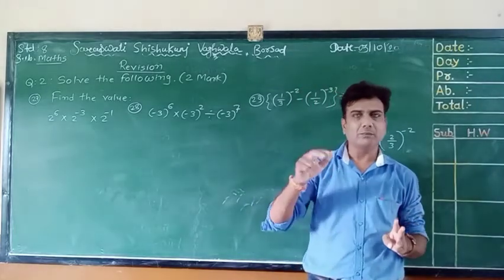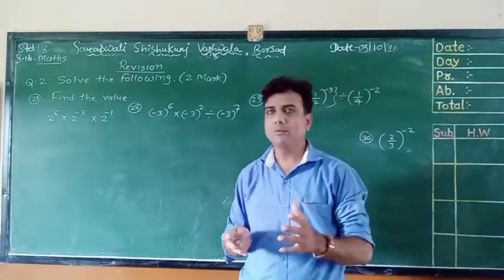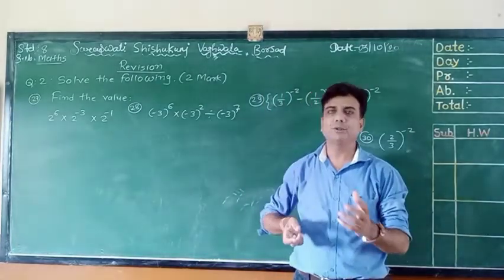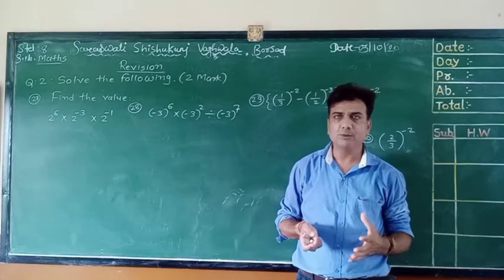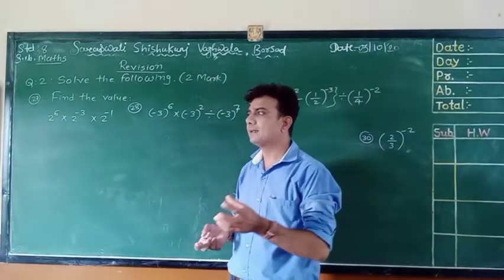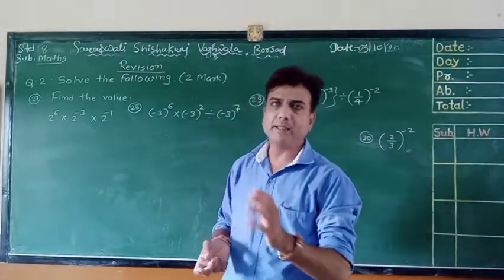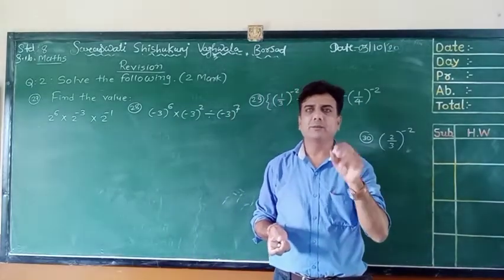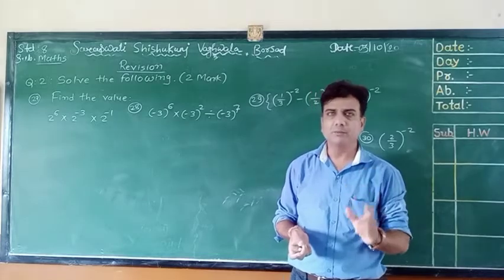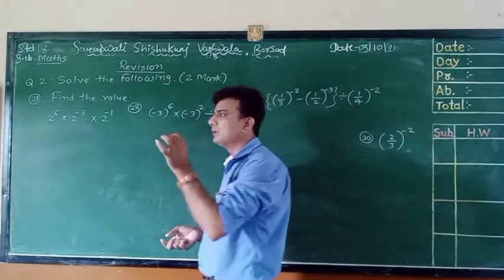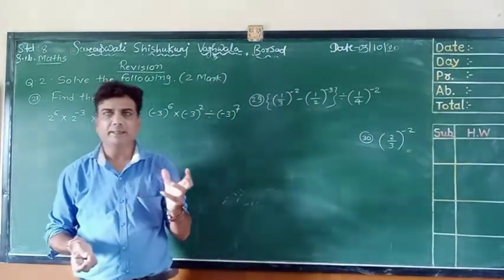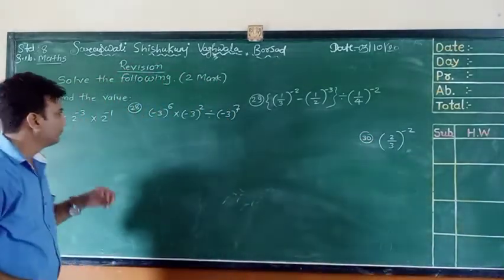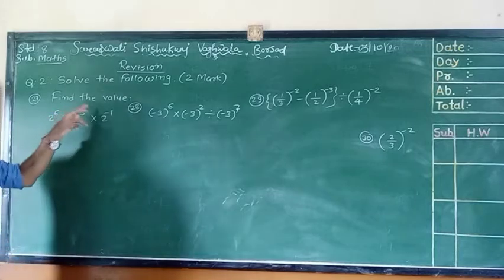Third rule, power on power. Then the division rule: if a power is given on the upper and lower side, that power we have to distribute in the numerator and denominator both. Whenever we see a minus power on any digit, we have to interchange their places, so the power will convert into positive. And any digit with power 0, we will always get the answer 1. So these are all the rules for power and exponent. So in question 27, find the value.